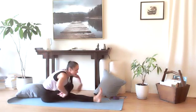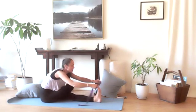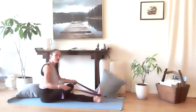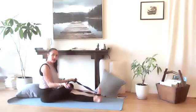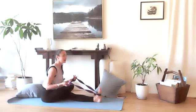Take now your right knee, just bring it into your hand. Take your left, cross it over. We're going to draw back at the hip crease and start to fold. Now here, if you had a strap and you'd like to use it, you could just wrap your hands with the strap, but try to keep always the strap loose, and then fold at the hips and breathe here. And then with the next inhale,